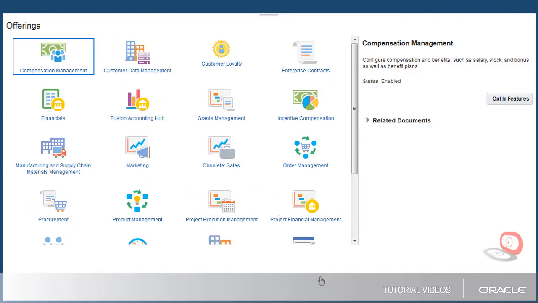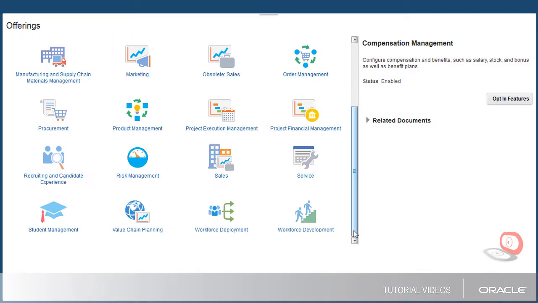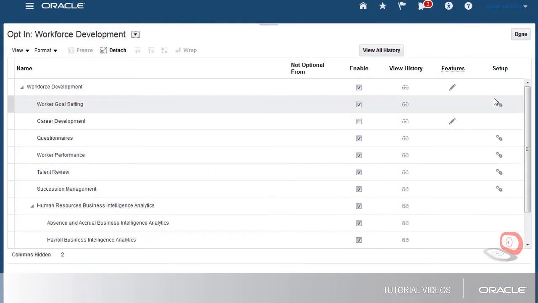If an offering is not enabled, you must go to the opt-in page to enable it. In this case, the Workforce Development offering is already enabled. I need to review the current status of the features of the Workforce Development offering and make some changes. Let's go there now. The opt-in page shows the offering and its functional areas in a hierarchy to make it